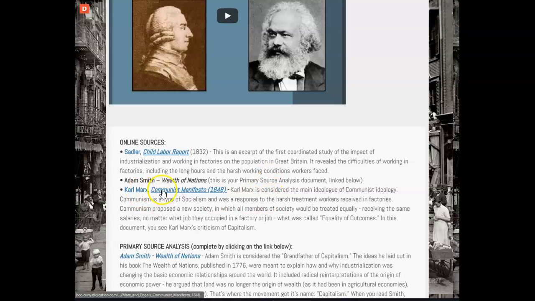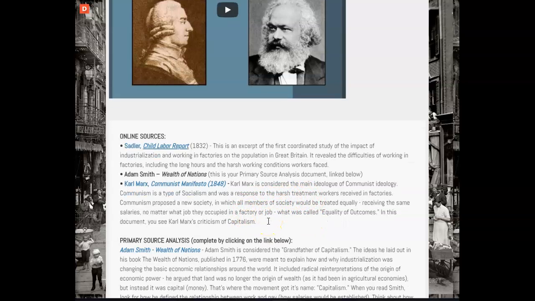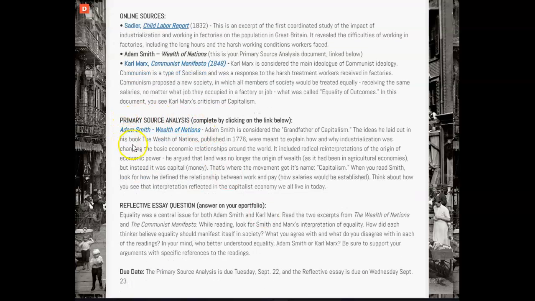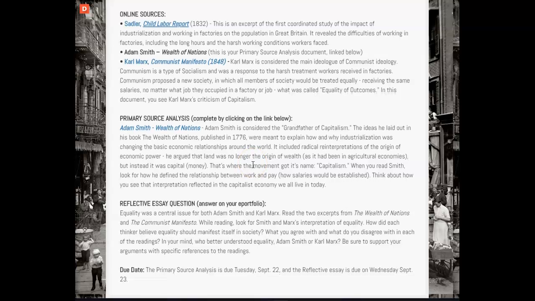If you look down here, there's another document, same thing. Context for the document lets you know who wrote it and why they wrote it. Every week you'll have a primary source analysis to deal with, so it'll be stated here. It'll be laid out for you here. You have a link to it directly here. You also have a description here of the context from which this document comes from. In other words, what were the intentions of the author in writing it.